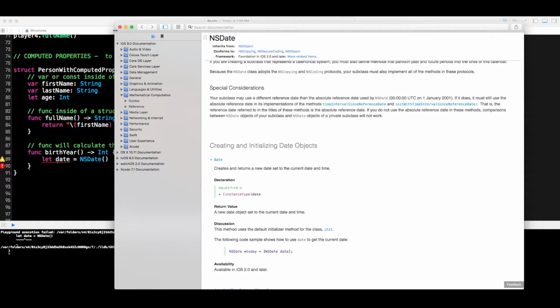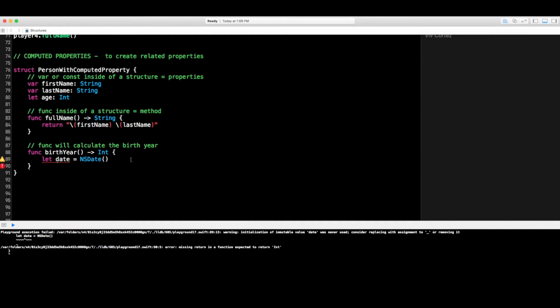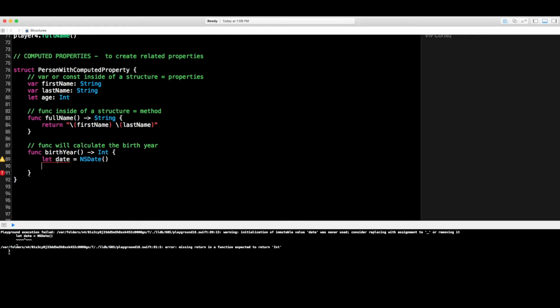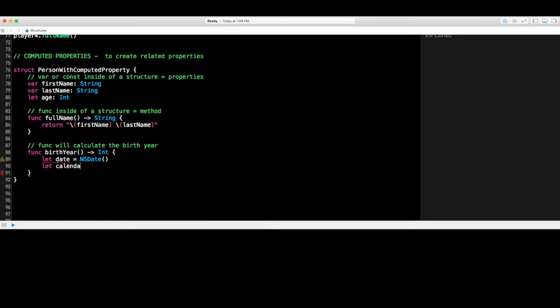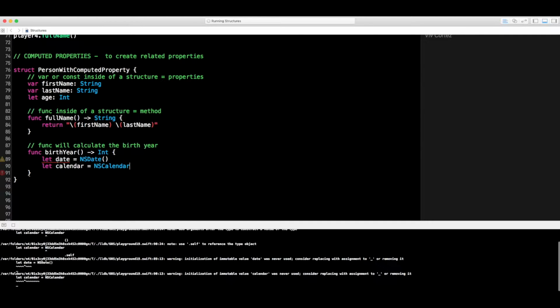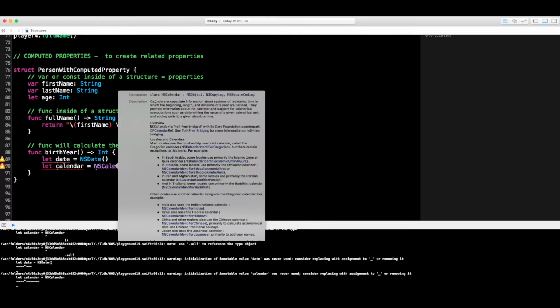Alright, so I've created a new constant that looks at NSDate. Now the next thing I want to do is break down this date that we're going to get from our computer into basically a calendar, because right now it's not really pretty. So we are going to do a calendar constant, and again, I'm going to do NSCalendar. If we hover over NSCalendar, holding down the Option key, it's an object, and what it does is it allows us to